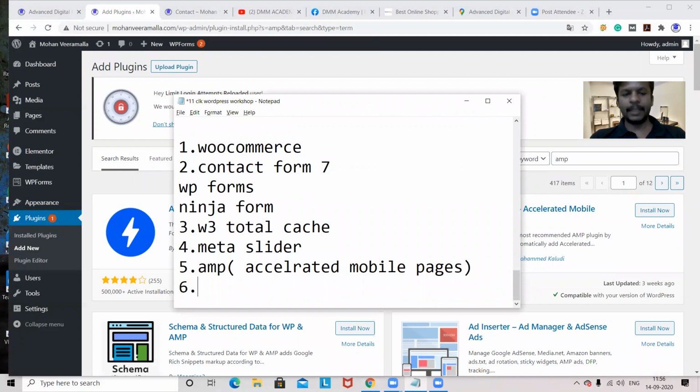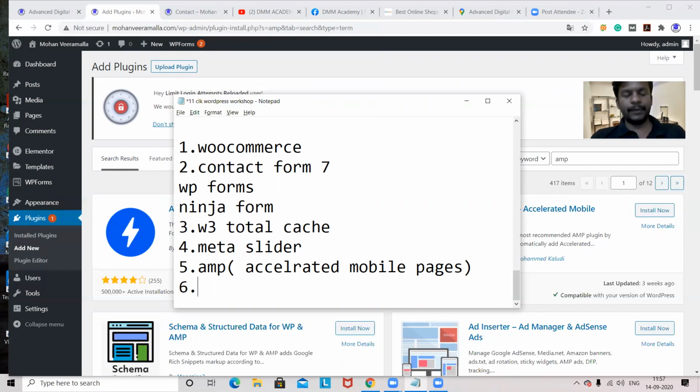I'll go with the sixth plugin. Do you know SEO? Anyone from the group? Any idea about SEO? No, sir. See, SEO is one kind of plugin where it will help your website to rank first in the search engines. Okay, but by taking that plugin alone, it will not be done. There are lots of things inside it, lots of things we have to do. If you have the technical knowledge only, you can do it.